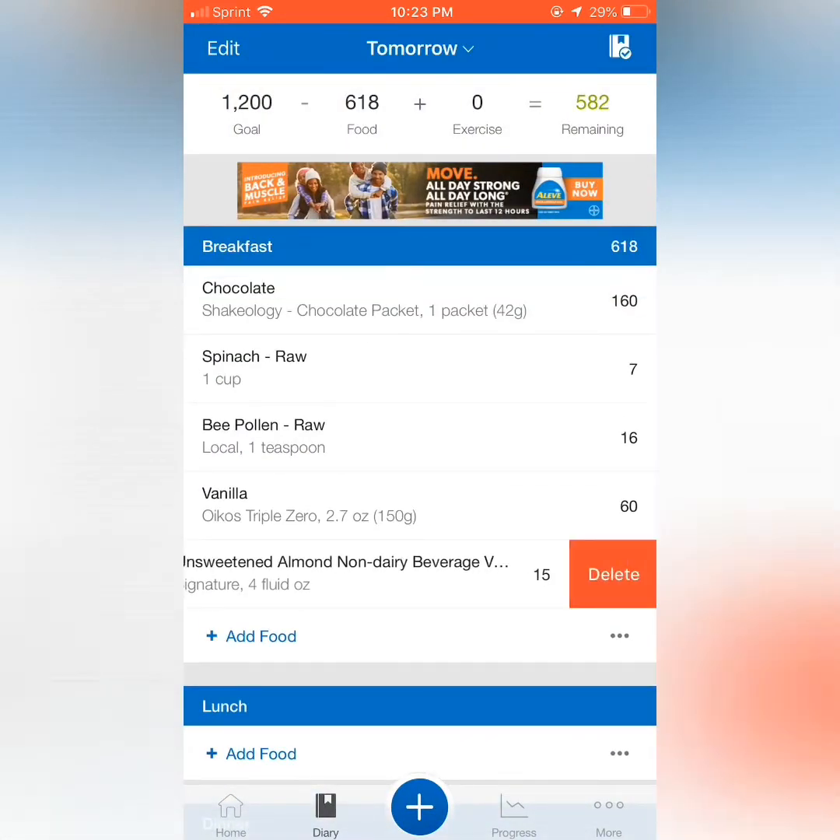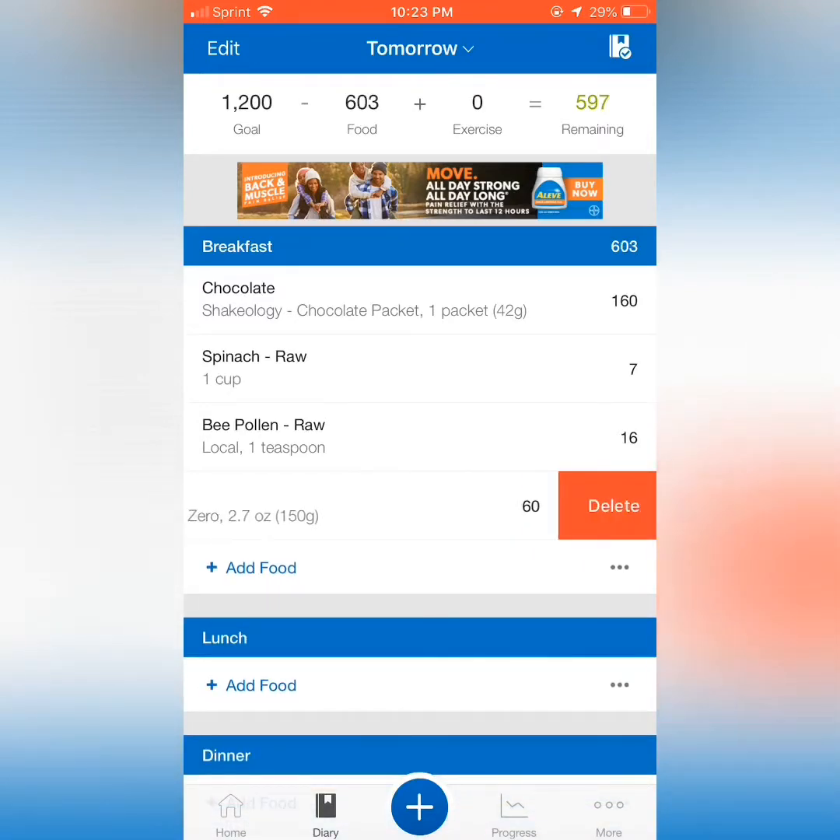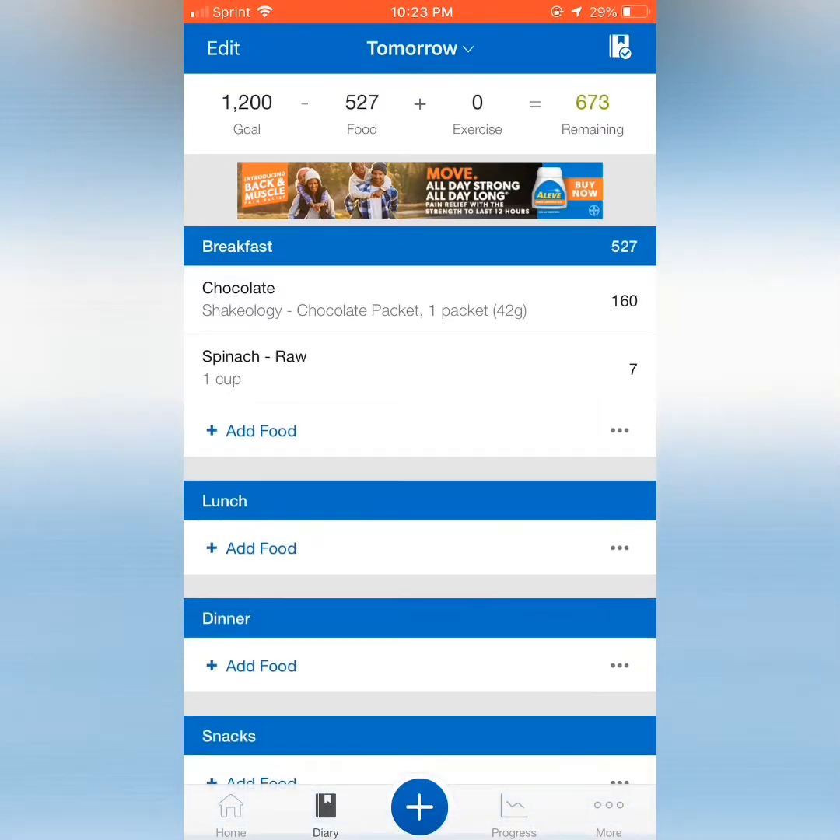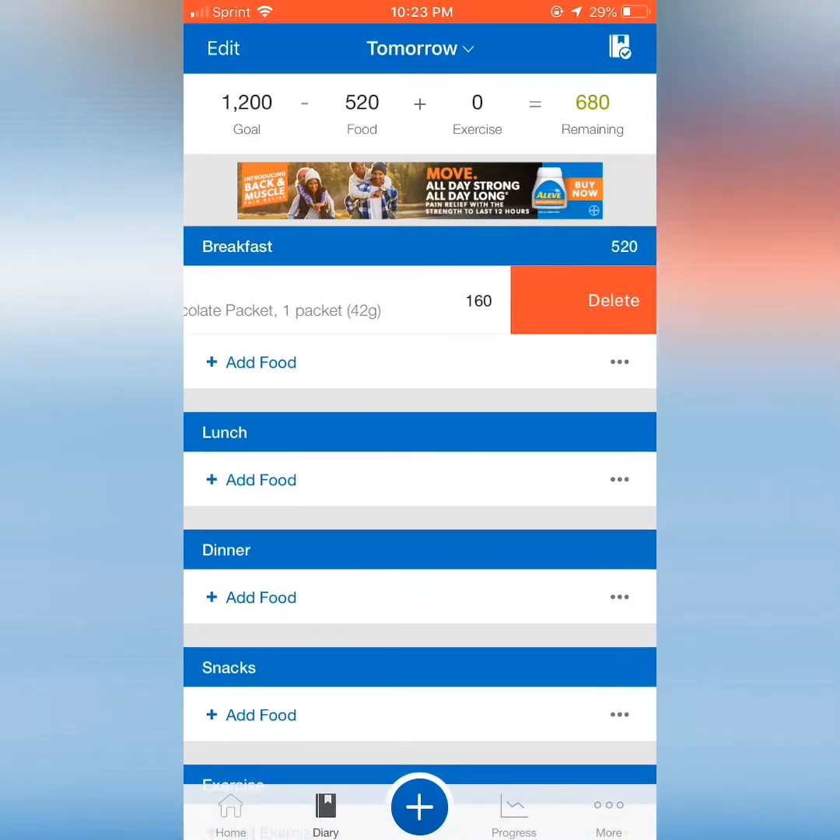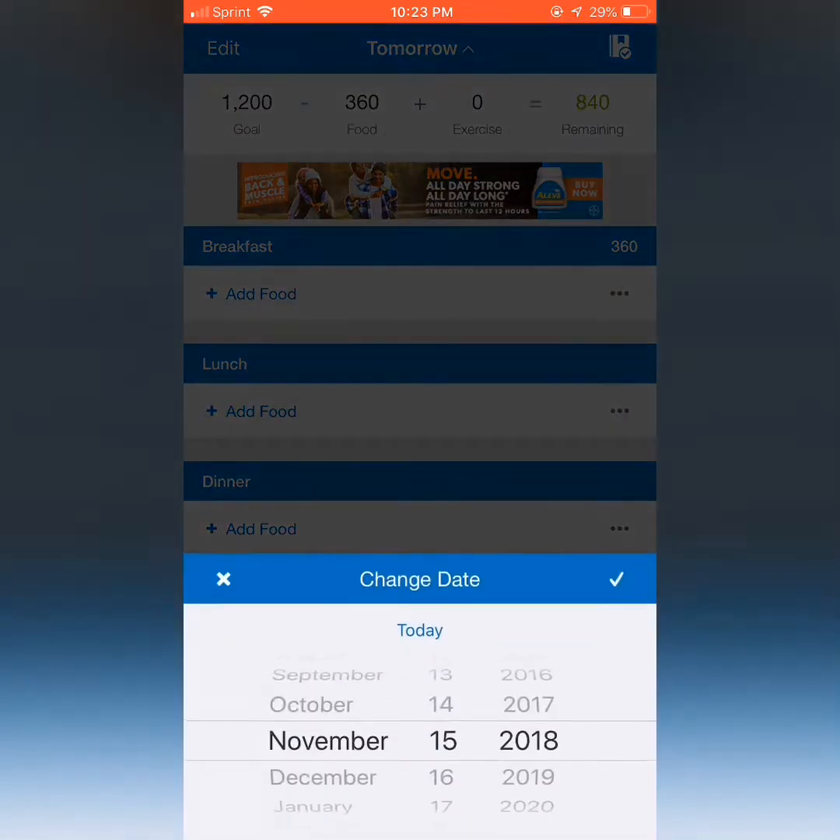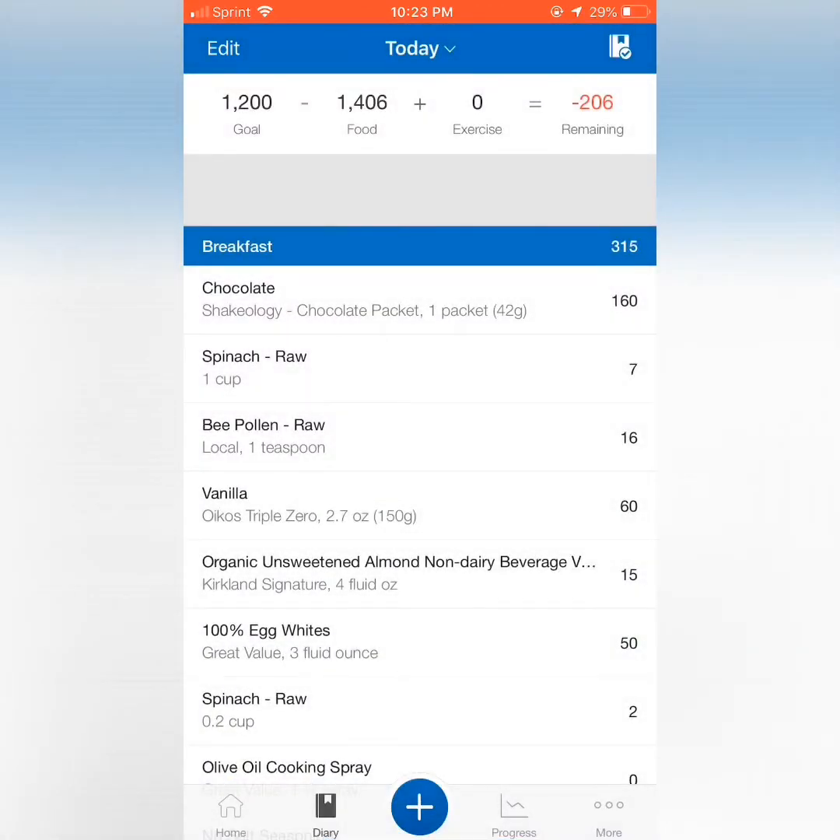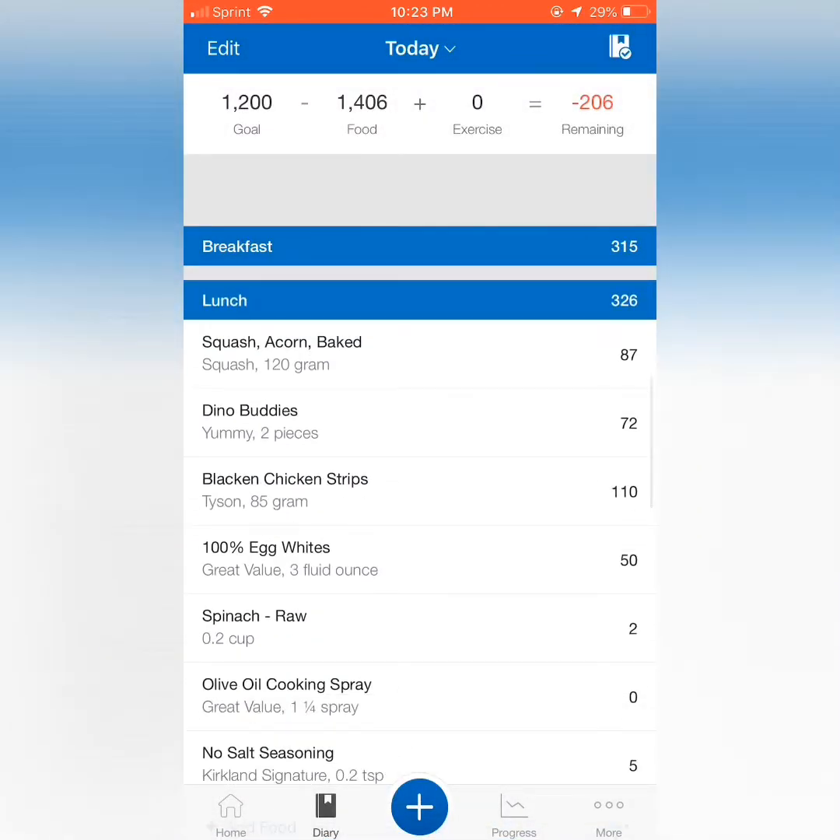So I'm going to delete these because this is for tomorrow. So if you ever want to delete something, you just swipe left and delete. Now I'm going to show you today because that's where my macros are. So to look at your macros, you're going to scroll all the way down